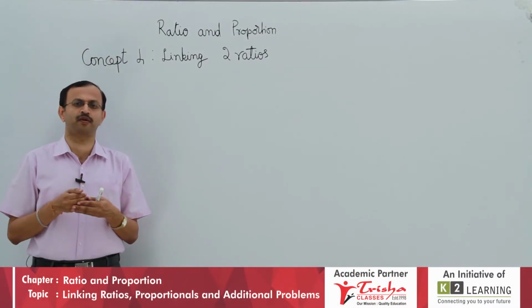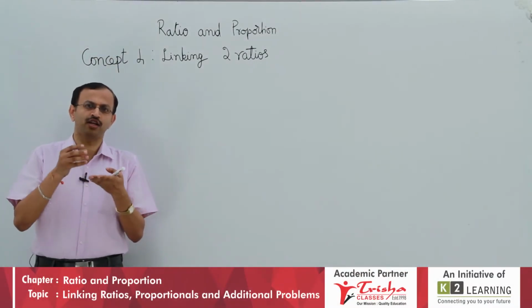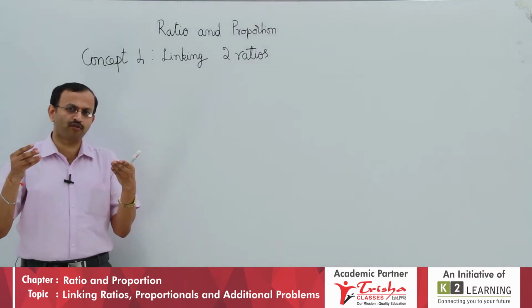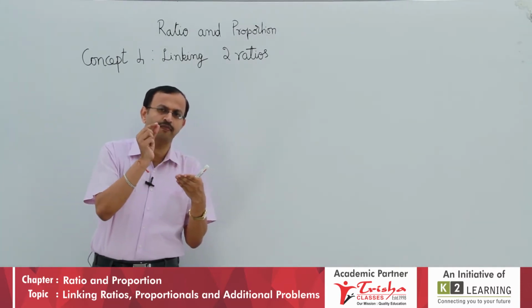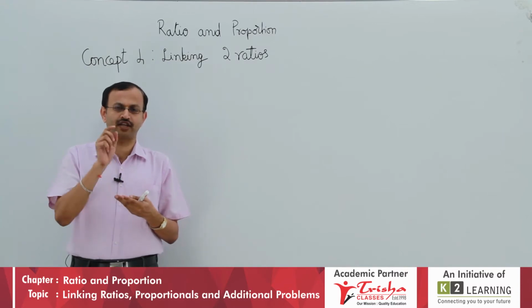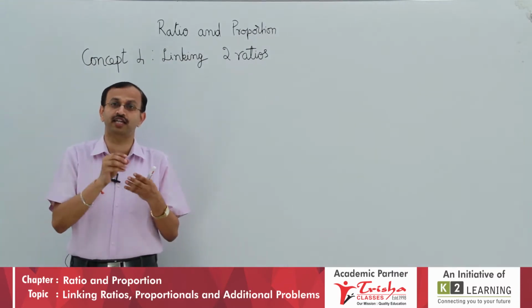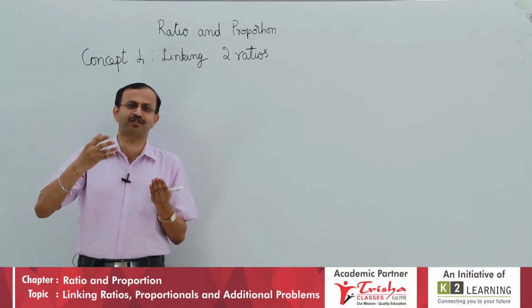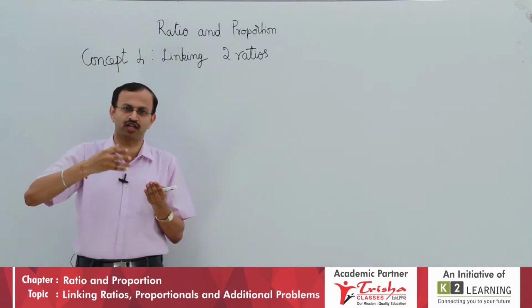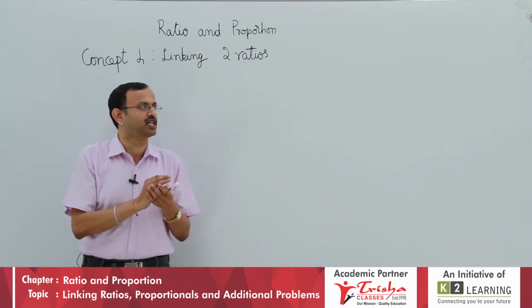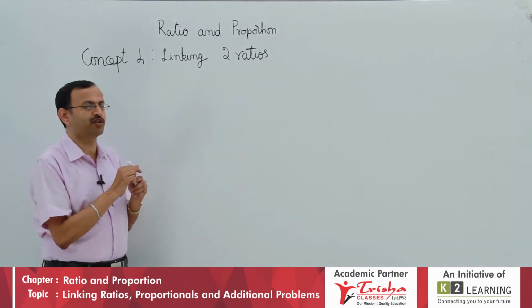The next type of problem we have to look at is where there will be two ratios, and we have to make a common ratio by a particular common element. For example, A is to B, B is to C, what will be A is to B is to C? That kind of question will come. Again, this is a schooling maths question; what you learnt in school will be repeated here. Let us take an example so that it will be clear.